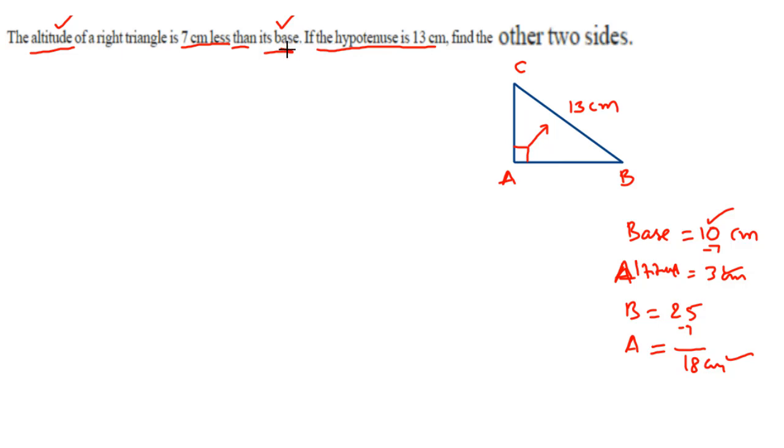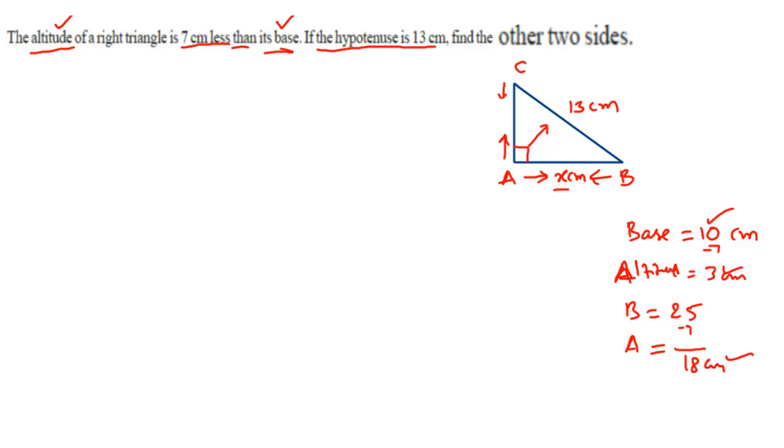with variable x. So let us assume the length of the base as x centimeters. So what we are assuming here, we are assuming the length of the base as x centimeters. Now can we tell the length of the altitude? So to tell the length of the altitude, what we have to do, simply we need to subtract 7 from the base. So here what we assume base as x. So from x, if we subtract 7, we get the length of the altitude.